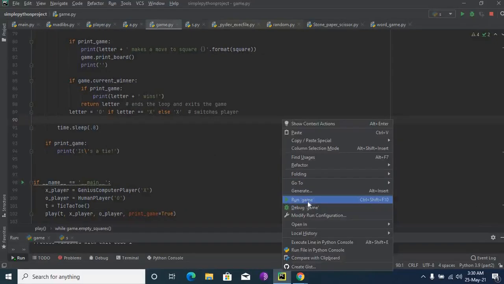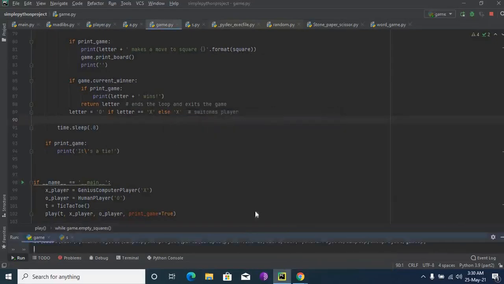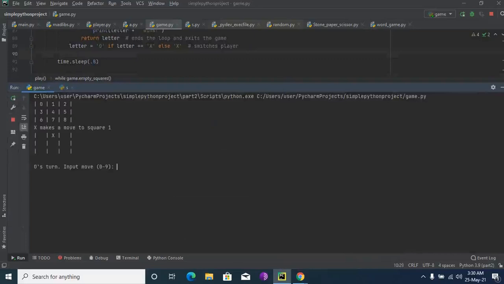Now I'll run game.py. See, first it's printing the number board. Then X, that is the genius computer, makes its move. Then it tells us to make our move in a position.